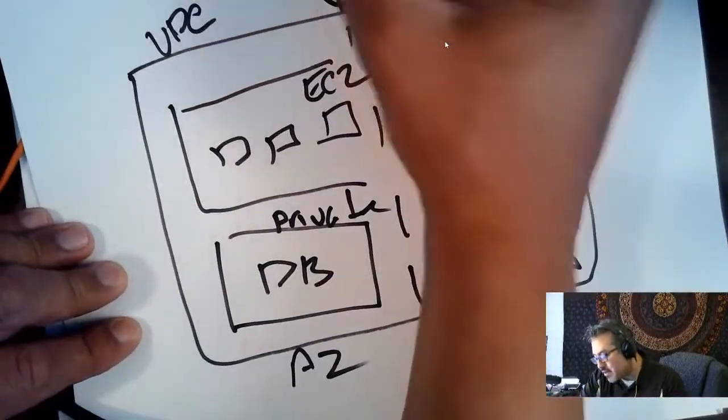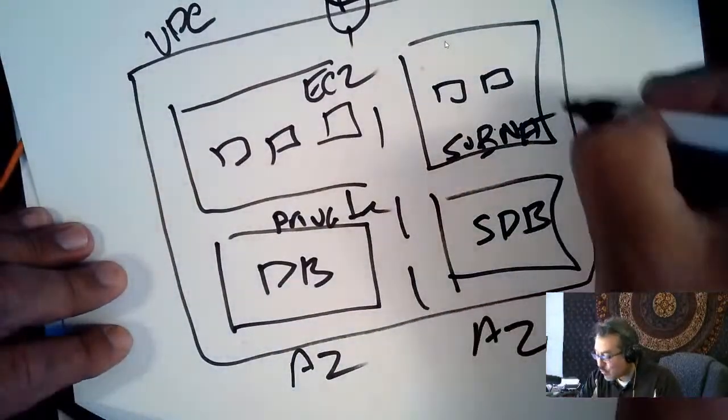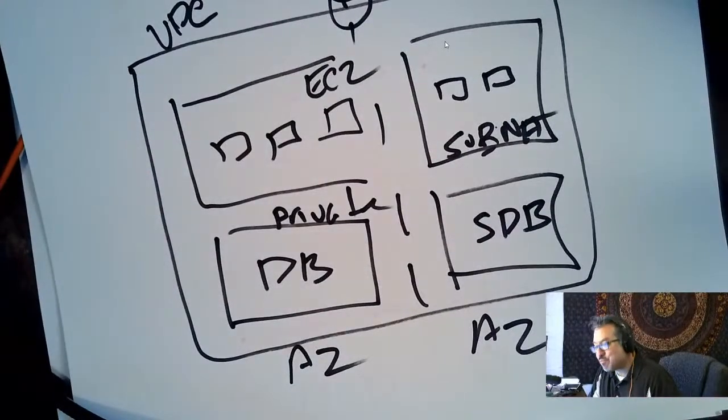So then my traffic comes in, you'll put an internet gateway here. You'll have to construct route tables to give traffic through that gateway. You'll put security groups, you'll put network access control lists. There's a lot that has to happen to deploy a single application in a traditional cloud-based approach.